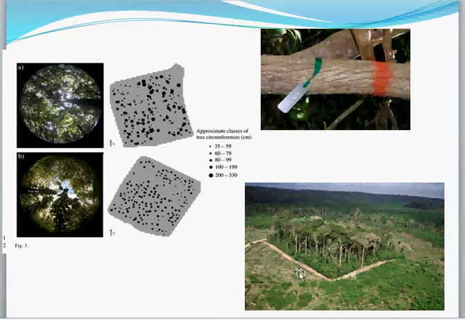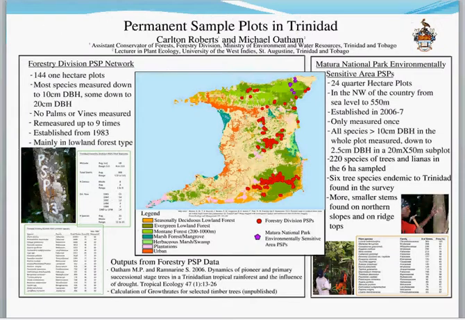In Trinidad, they were established mainly for assessing growth rate, particularly of timber trees in a tropical forest. So about 144 1 hectare plots were established by Forestry Division and measured at different times, and they're scattered across the island. The red ones were established by Forestry Division. The purple ones up here were established by UWI between 2006 and 2007, and all the